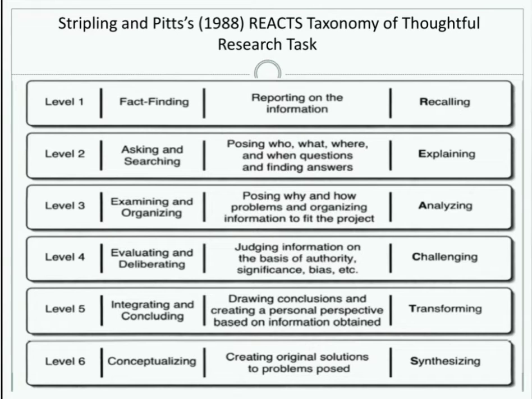Stripling and Pitts 1988 REACTS Taxonomy of Thoughtful Research Tasks. Level 1: Fact-finding, reporting and information recalling. Level 2: Asking and searching, posing who, what, where, and when questions and finding answers, explaining. Level 3: Examining and organizing, posing why and how problems and organizing information to fit the project, analyzing. Level 4: Evaluating and deliberating, judging information on the basis of authority,